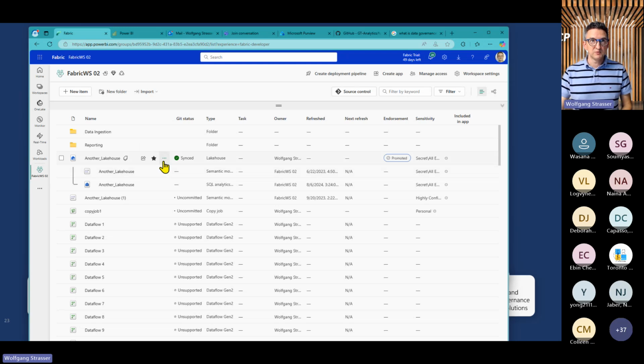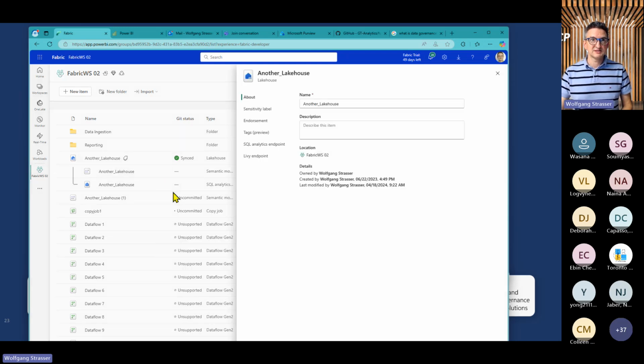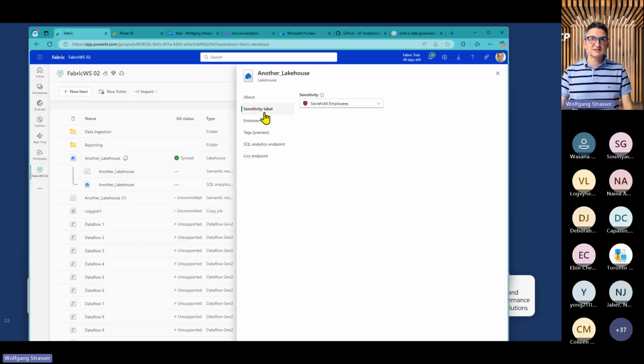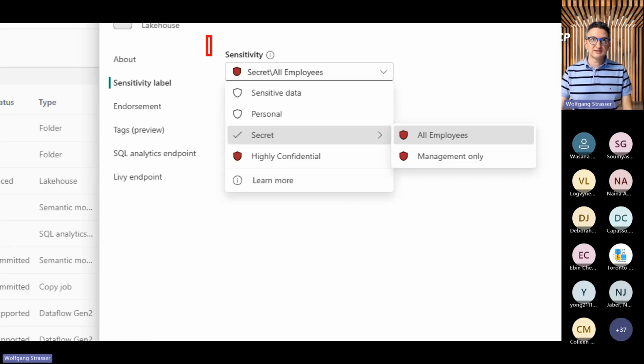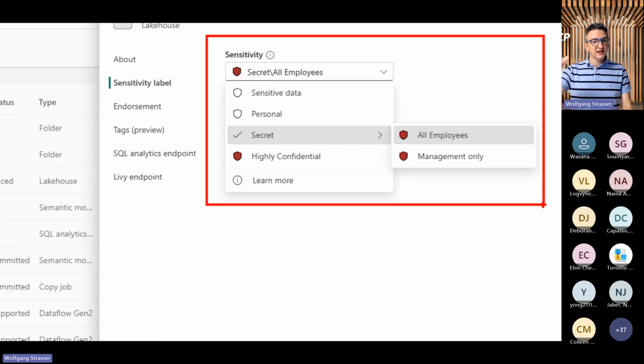What we can do is have a look at the settings again, and we've got the sensitivity labels over here. What you see here is a sensitivity label hierarchy that was created in Purview and can be used in SharePoint Online, to assign a sensitivity label to a Teams meeting, but also to apply a sensitivity label onto your Fabric items.